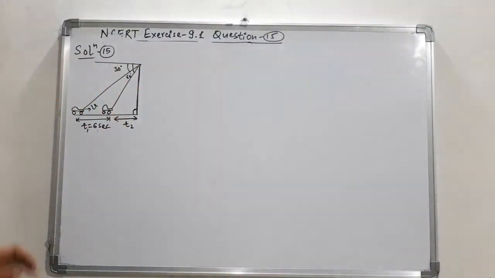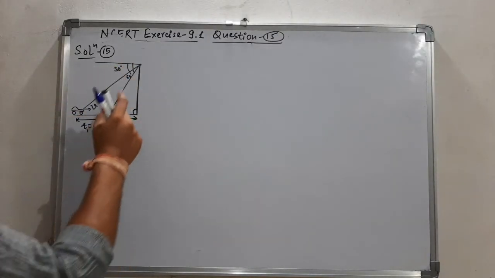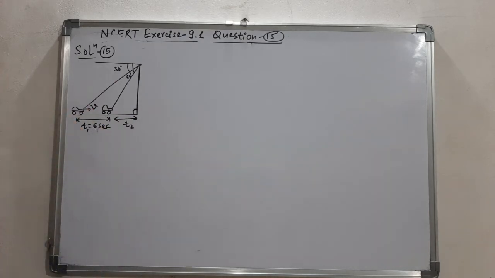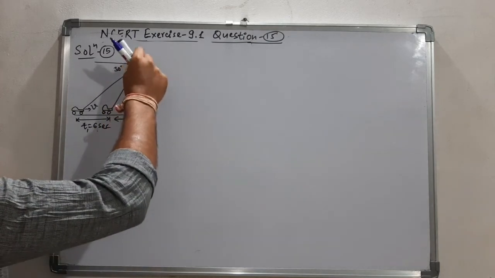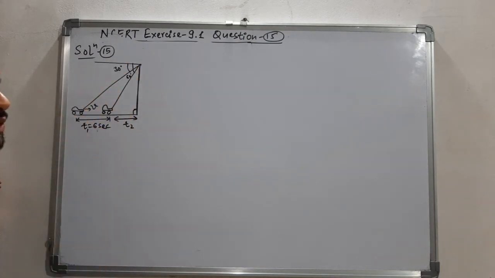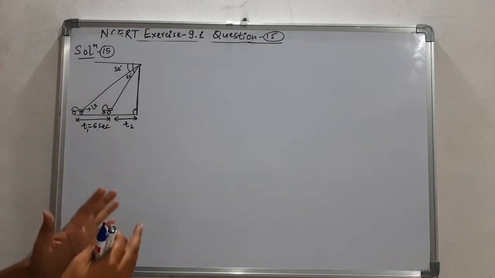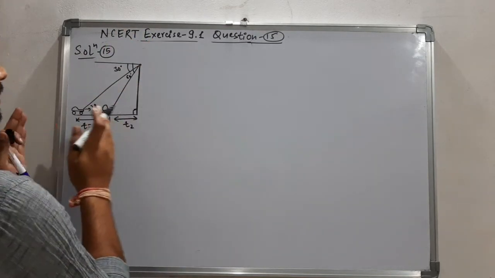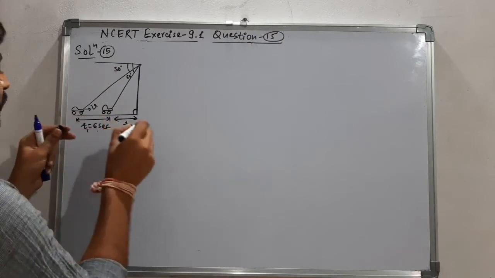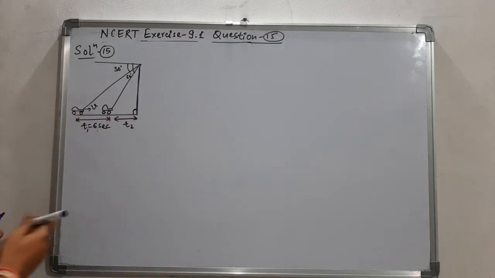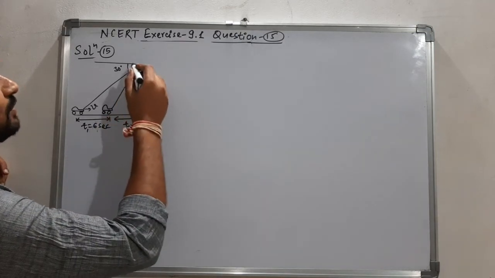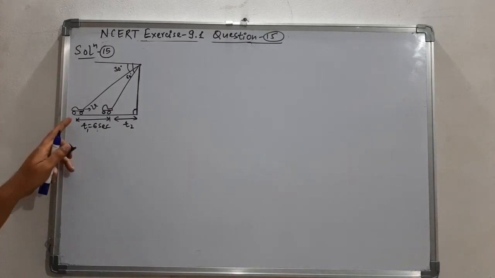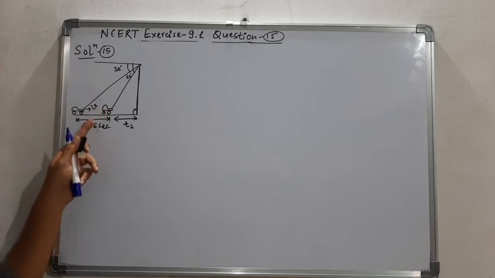The question is, from a tower, one person is observing that a car is moving with a constant speed. Let us assume that speed is v towards the foot of the tower. So the foot of the tower is just below this person. The car is approaching the foot of the tower with a constant speed v, suppose. After 6 seconds, the angle of depression changes from 30 to 60 degrees. The time taken from moving from this point to this is 6 seconds.